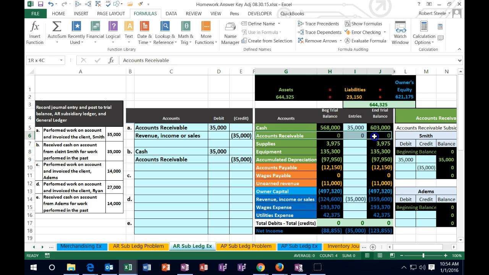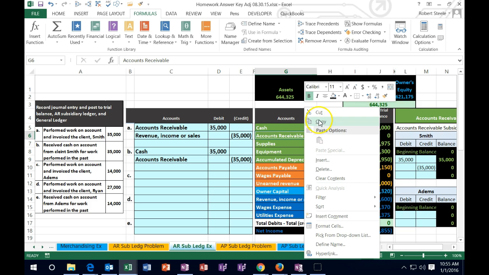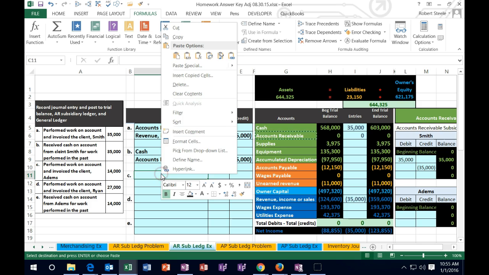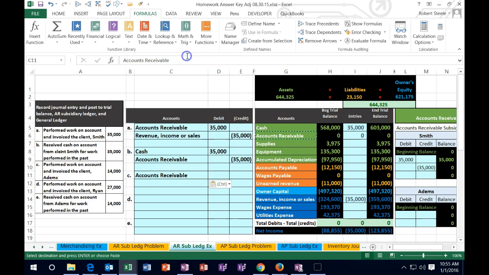So accounts receivable is an asset, has a debit balance, just like cash. It needs to go up because people owe us more money. How do we make it go up? We do the same thing to it, which in this case would be another debit. So we're going to copy the receivable. I'm going to right click, copy that. I'm going to put that in C11, right click and paste it 1, 2, 3. The amount being for 14,000 in this case. If we debit something